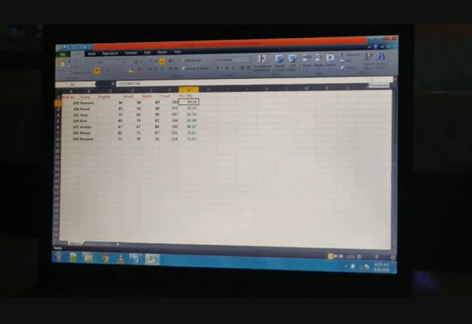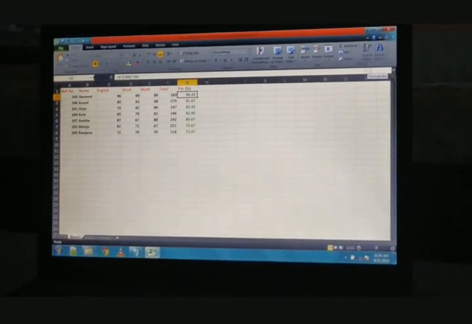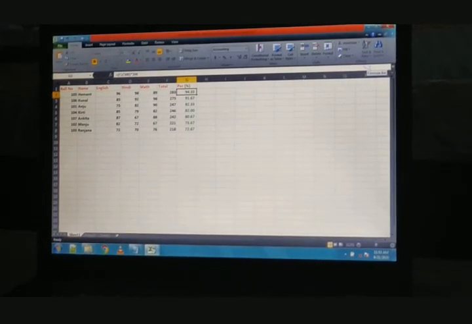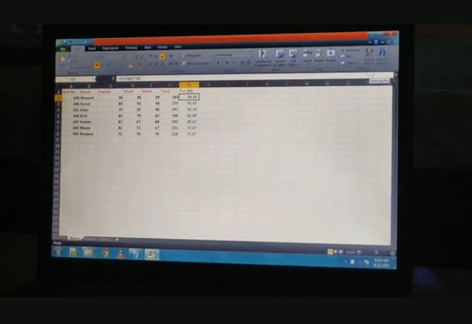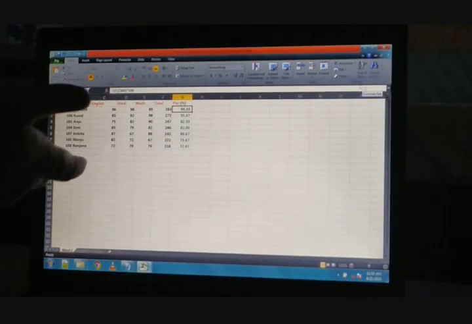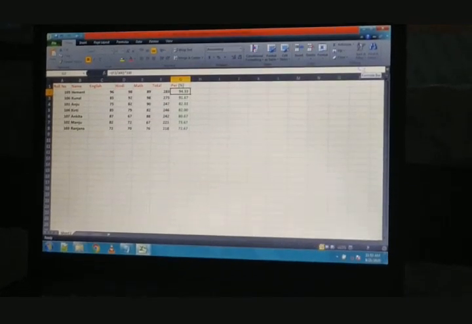So this is the feature of sorting data, in which we can sort our records according to a particular field, either in ascending order or in descending order. You can also sort this data according to their name, roll number, marks, and total. Okay, so this is all about sorting data.